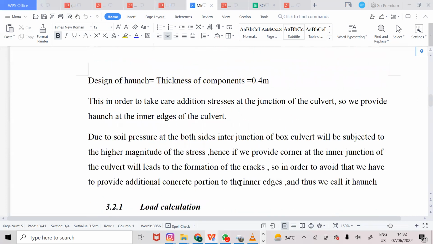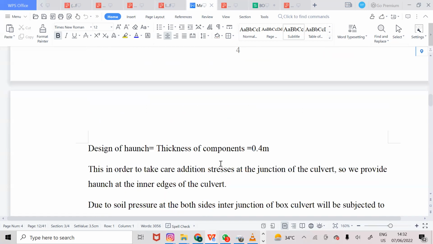I forgot to say which load we are going to use. In India we have different types of load acting on the road, which are Class A load, Class B load. It depends on which category of road you are going to use. So for me, I'm going to use a critical load, which is Class AA load. AA load for culvert is